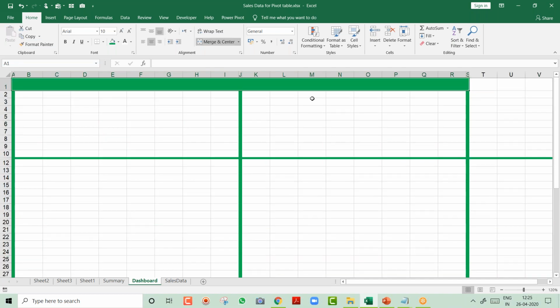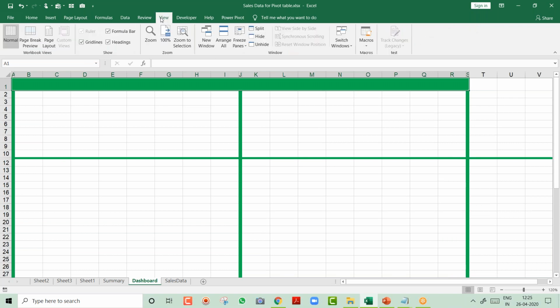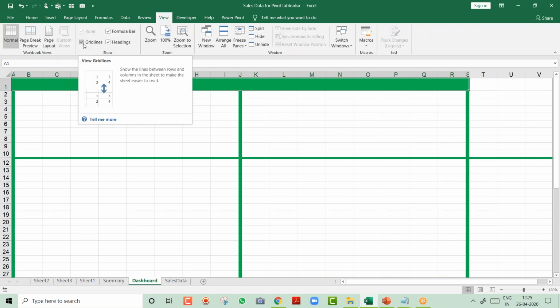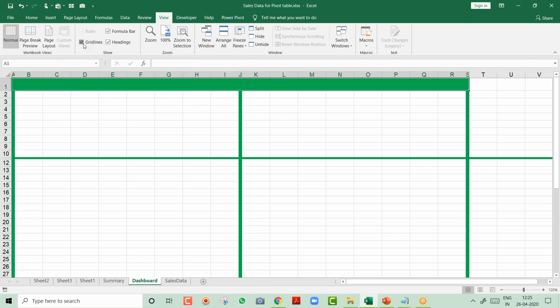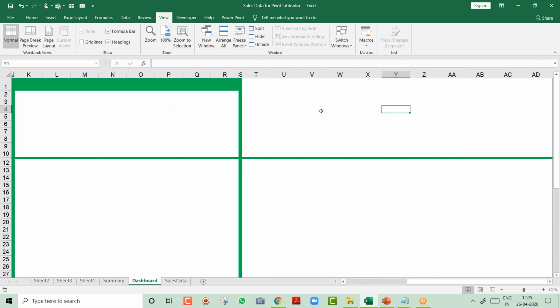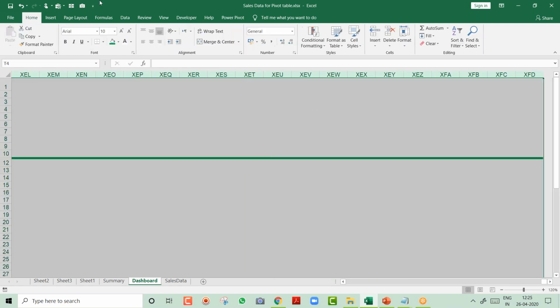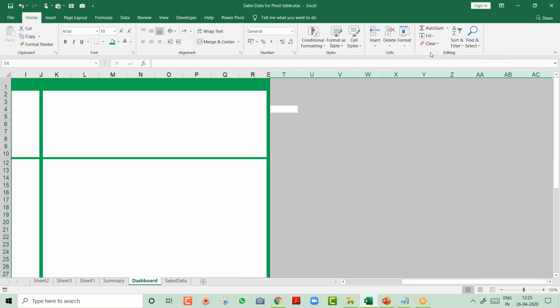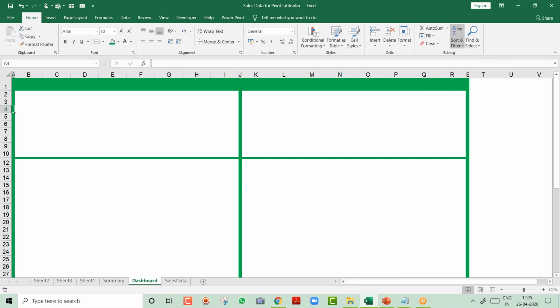So I don't like this grid line. So again, I will go to view and uncheck the grid lines. If you want, you can surely keep it, but I don't like, so I delete. Oh, I have selected the entire row. So all this will take a few KBs. So I selected all this. And how do you clear everything, friends? Go to the clear and say clear all. Done. We'll hide that everything. Okay. And over here again, I will select this area and I will say I don't want anything.